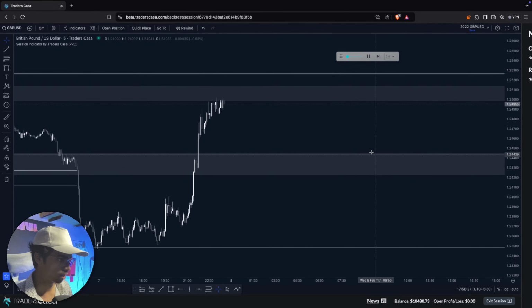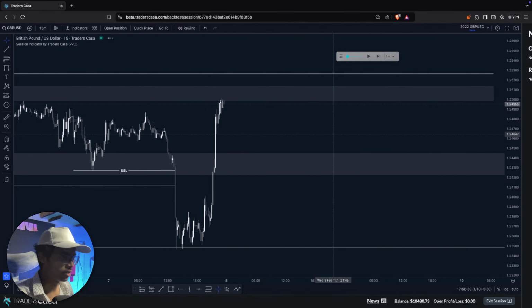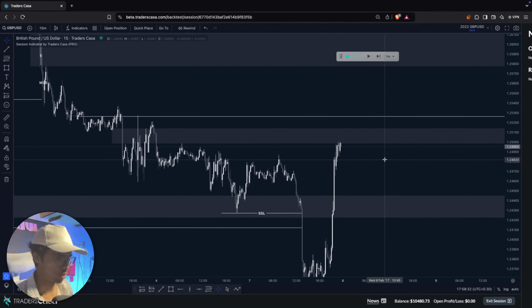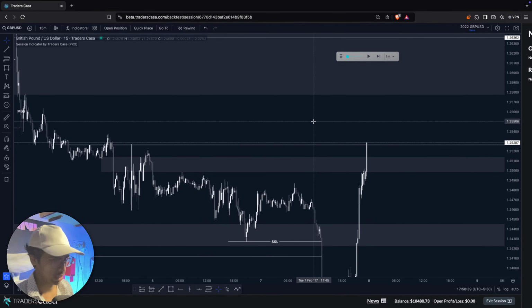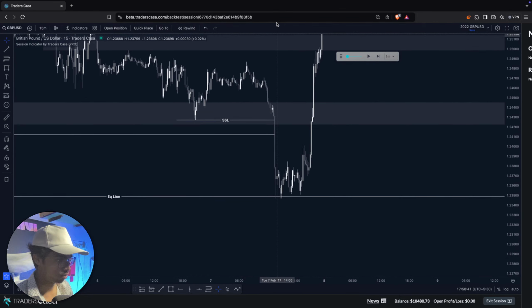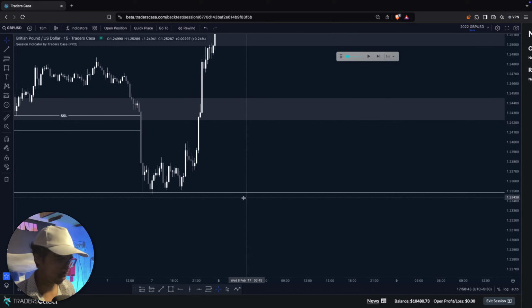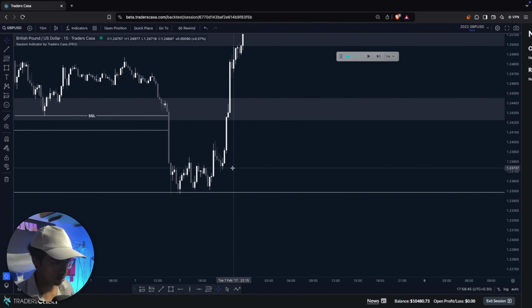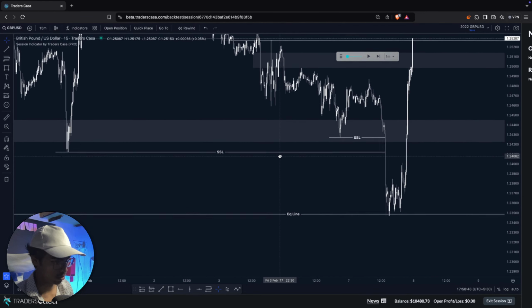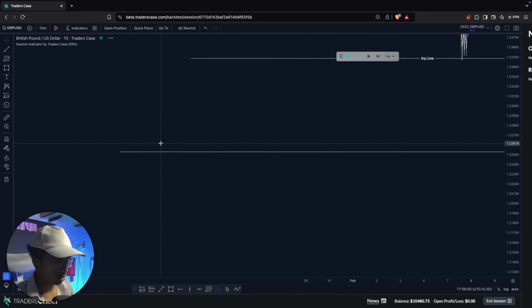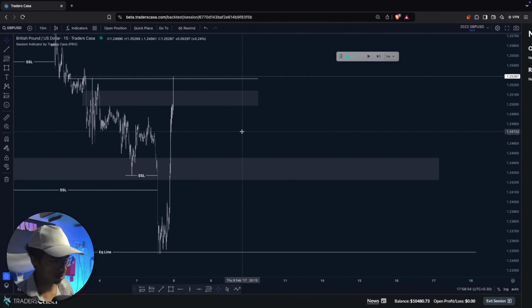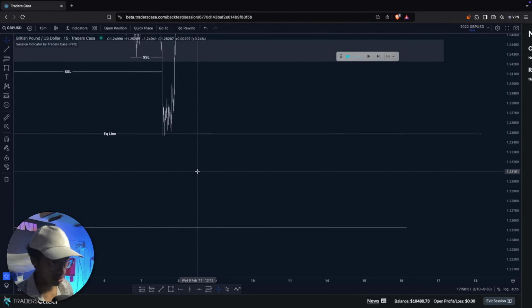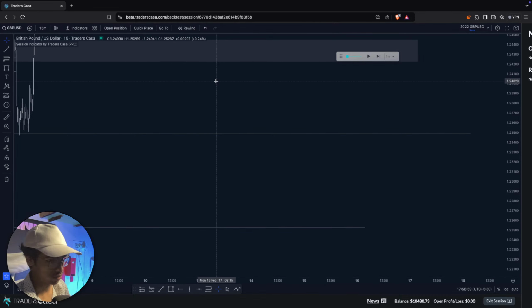Okay, and zoom it out. 15 minute is okay-ish, right? You cannot go below this point. Okay. The equilibrium has been touched, as I told you, but I was not able to take any kind of entry, because obviously it should reach for equilibrium since the next lows are way far away. It has to first go to the equilibrium, because if it reaches back down there, then going back to the equilibrium will be too much work. Okay,